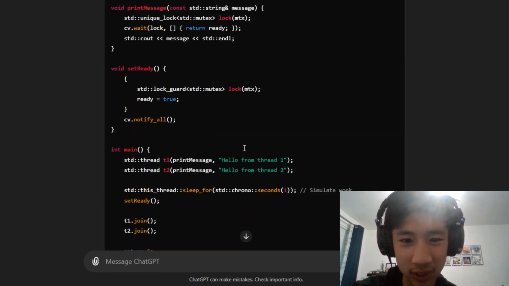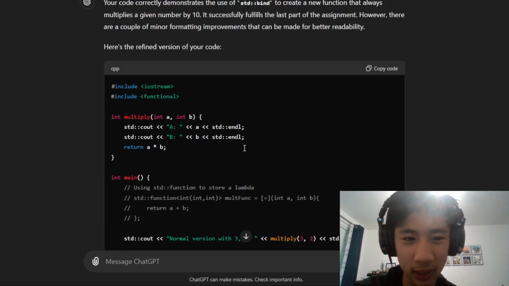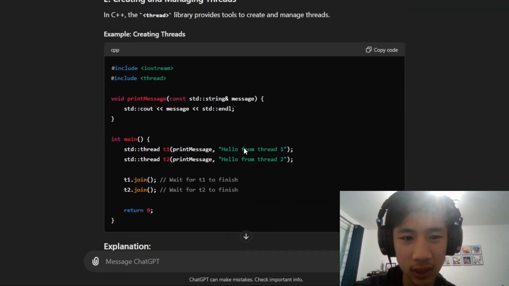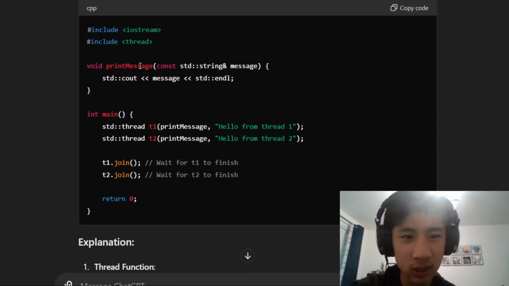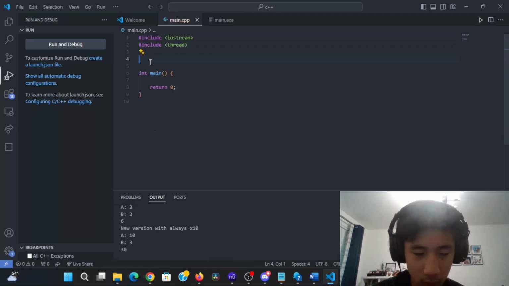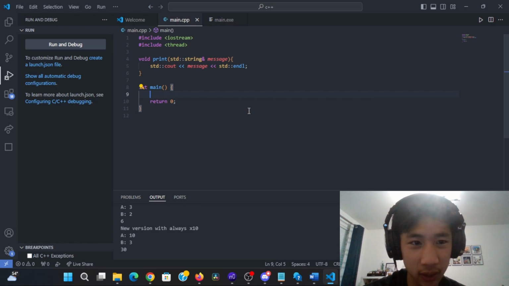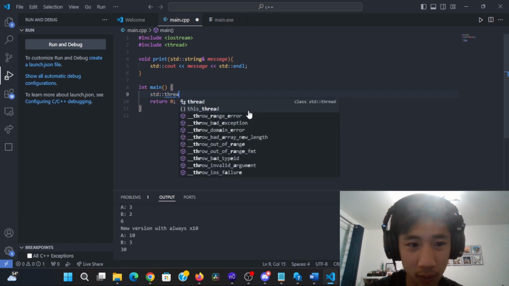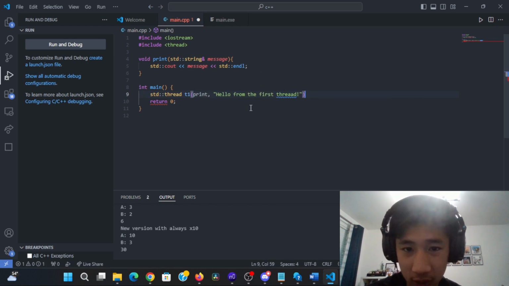Okay, that's really what I thought. So this entire thread exercise it gave me in the very beginning was mainly just to practice getting them done in the first place. So this syntax seems pretty easy. I should be able to do this no problem. Now I need to figure out how to create a thread. So I can just say std::thread t1, pass in our function, so print. And now we can just join them both.